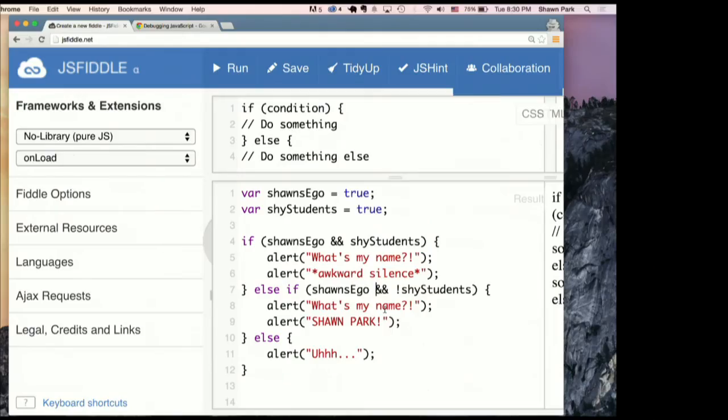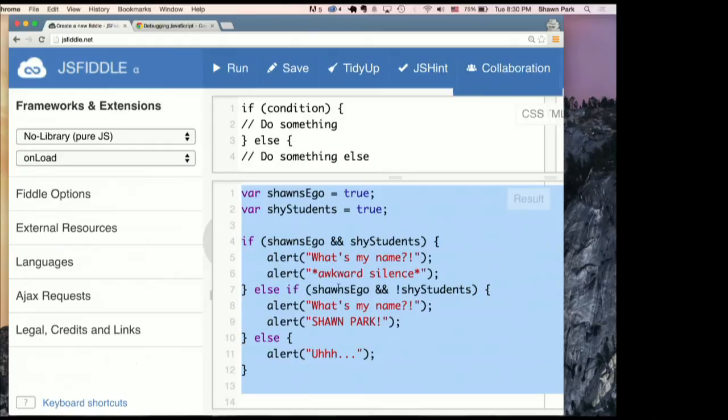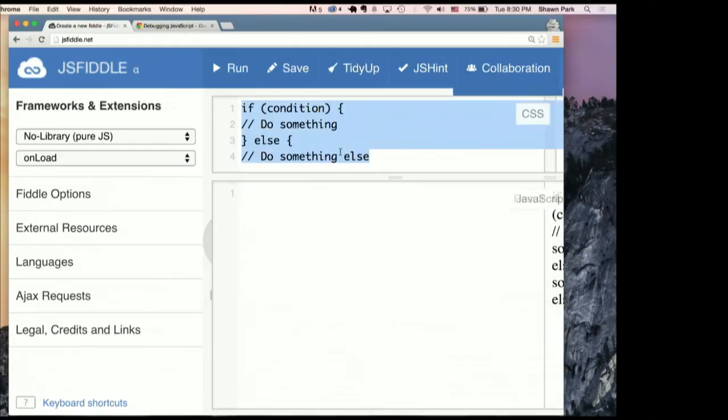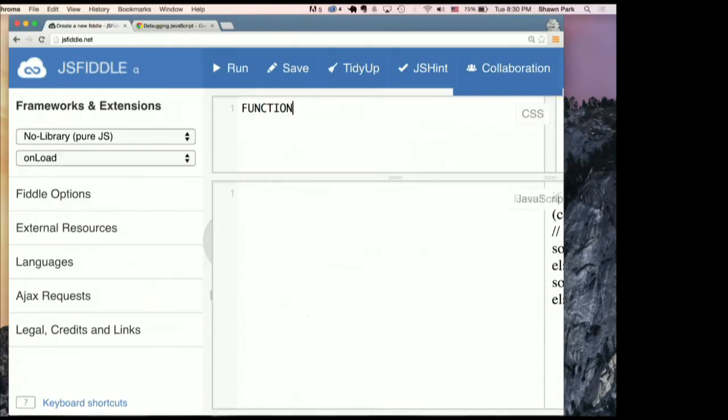All right, so functions are probably one of the things you guys will use a lot in JavaScript. So we're going to delete all of that. Now we're going to talk about functions. First of all, function with no arguments. Andy mentioned that there's two types of functions, functions with arguments and functions without arguments. So an example is function. It's a reserved word in JavaScript. So when you say function, it knows that you're about to define a function.